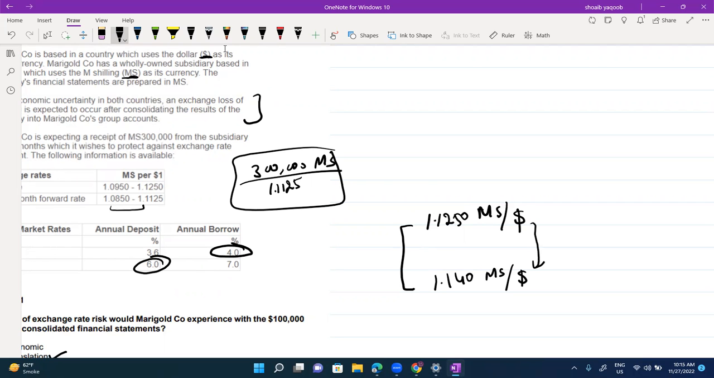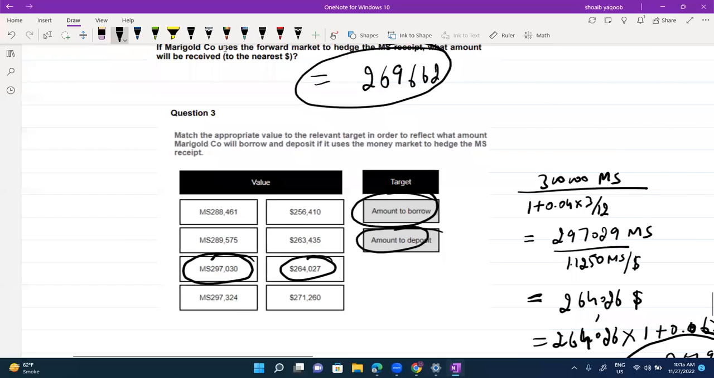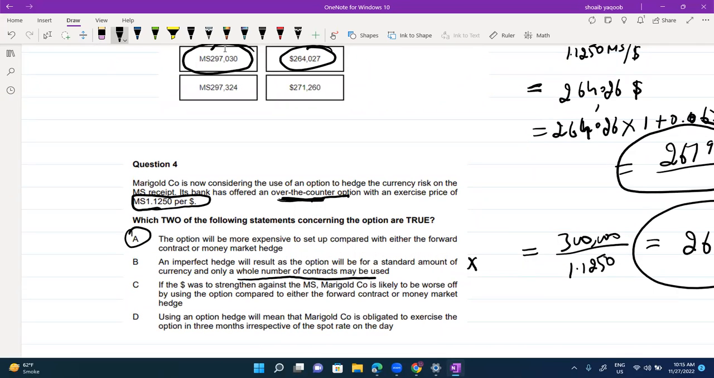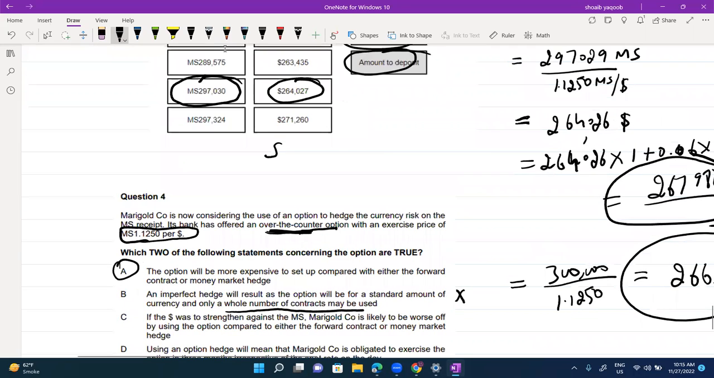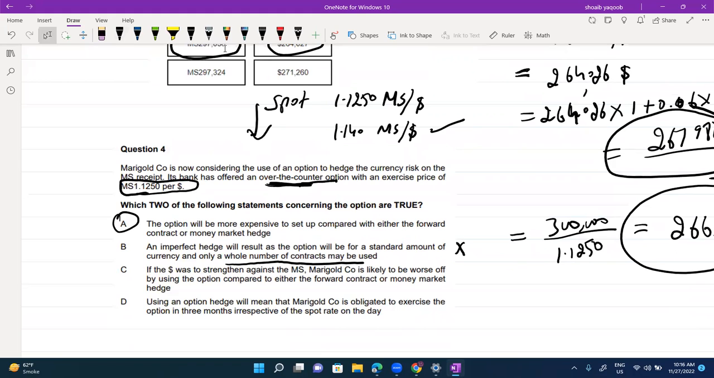So will you exercise the option? क्या ऑप्शन यूज करेंगे ऑप्शन 1.1250 पे? करंटली स्पॉट भी इसी पे 1.1250 पे, and if spot moves to like 1.140, तो आप स्पॉट में जाएंगे या ऑप्शन यूज करेंगे? सोच के बताएं। 300,000 एमएस है आपके पास, डिवाइड करके देख लें, सबसे अच्छा तरीका डिवाइड करके देख लें। If you go to the market you will get 1.14, if you go to the option you will still get 1.1250। ऑप्शन में जाएंगे या मार्केट में जाएंगे? बताएं।